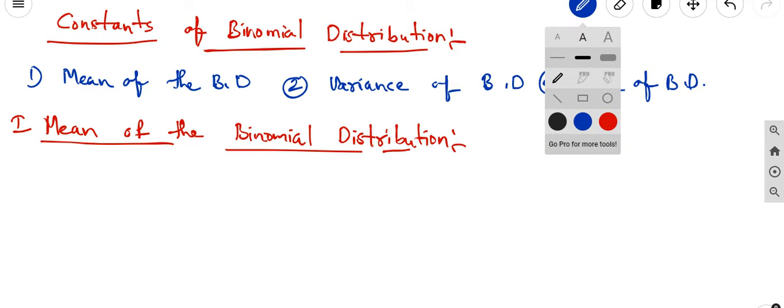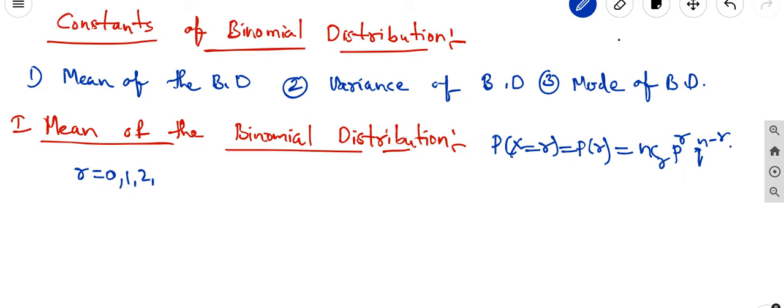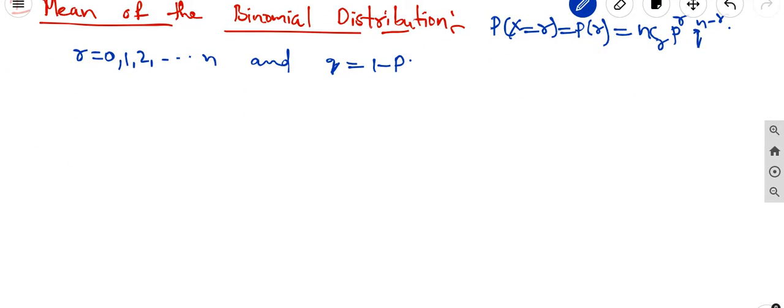The binomial distribution is given by P of X equal to small r, that is equal to P of r equal to nCr p power r q power n minus r, where r is equal to 0, 1, 2, 3, and so on up to n, and the relation between q and p is q equal to 1 minus p. Here the mean of the random variable X